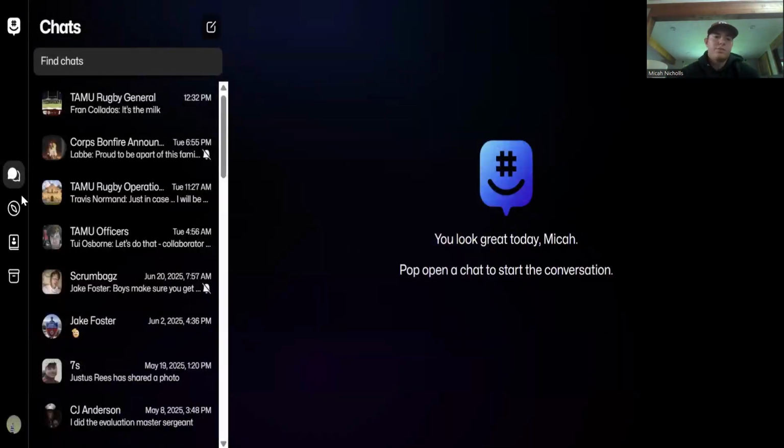So as you can see on the left hand of the screen right here, there is a place for you to view the chats, which I have selected. There's also a place, this compass right here, where you can find other groups that you might want to be a part of. Right below the compass is where you can see all of the contacts that you have inside of those groups, because sometimes you just need to talk to one person instead of talking to the whole group. And below that are going to be your archive chats.